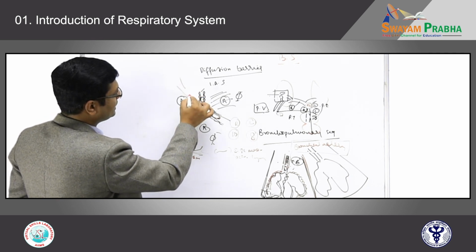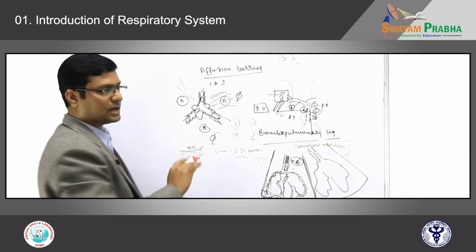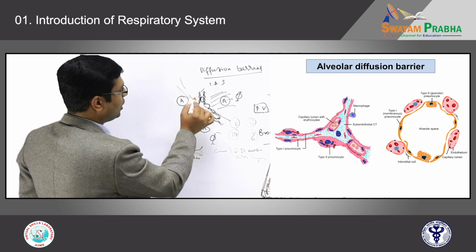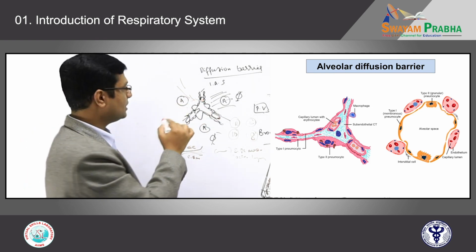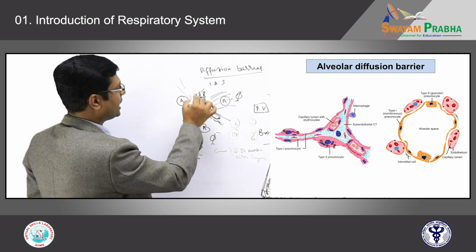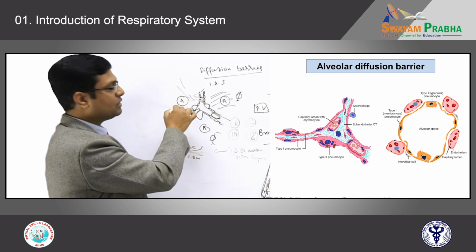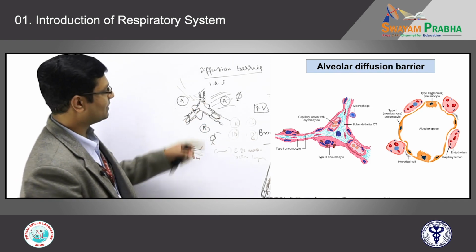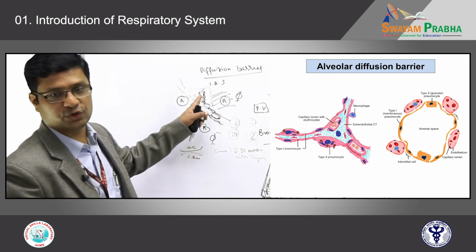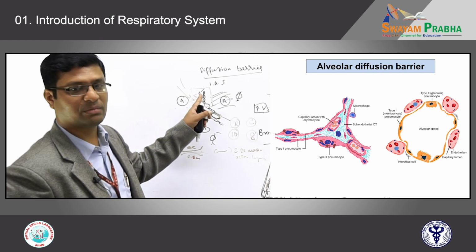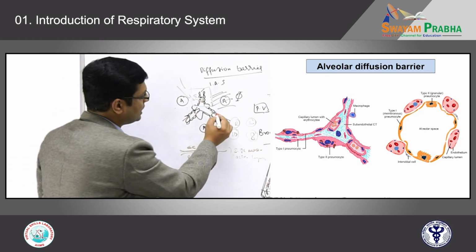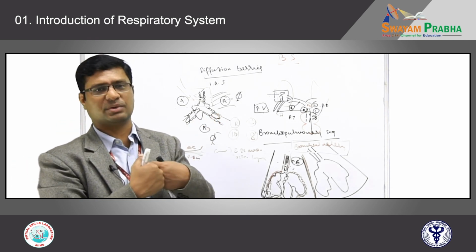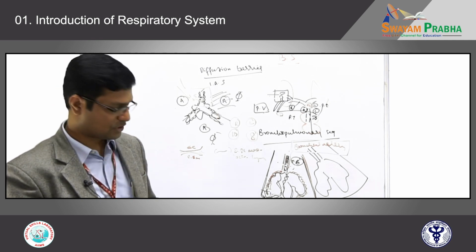When you inhale air, because of the variation in the saturation of oxygen and carbon dioxide, oxygen will enter from the alveolar lumen to the blood vessels here, and the carbon dioxide will diffuse back into the alveolar lumen. Finally, it will be expired out. So, the actual diffusion of gas takes place at this level, and this we call the diffusion barrier. All of you should remember exactly the diffusion barrier. One thing we should remember, this alveolar epithelium and capillary almost reach each other, they are very close to each other. That is what is helpful for diffusion of gases.